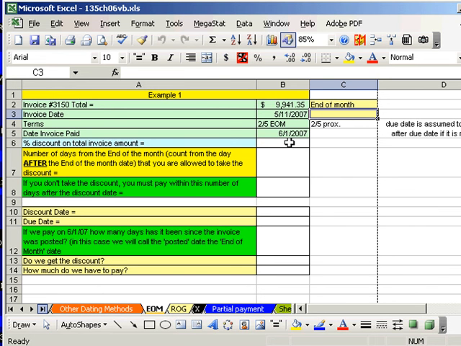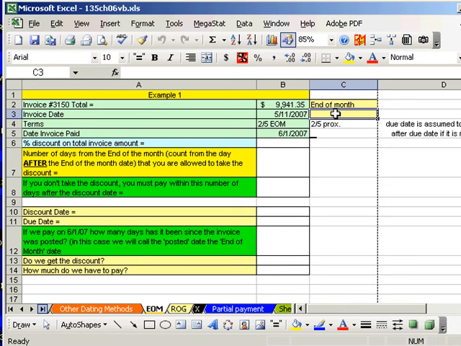It might ask you to put your CD in. In that case, you'd have to put your CD in. Once you do that, when you go up to Insert Function, there's a whole bunch of more functions. Now, if you didn't do that, you need to just type the date in here, the end of the month. You just type it in. But if